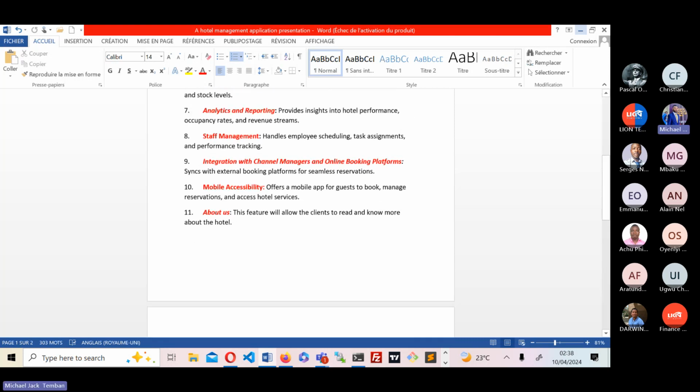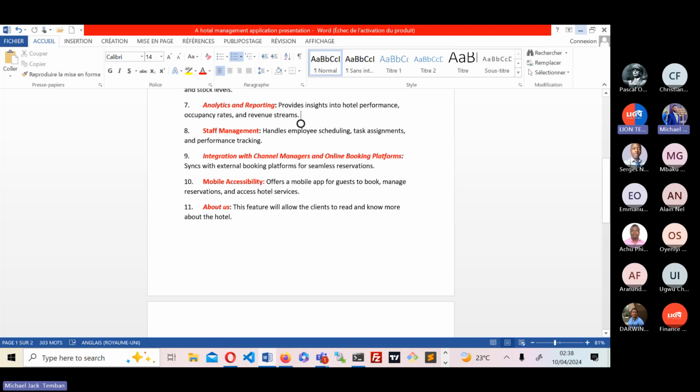So we can equally put features like mobile accessibility. Maybe under that, maybe we can put partners there. Yes, partners. So maybe you want to partner with other online platforms, like booking.com, airlines. Let's say maybe all the airlines coming into Cameroon can have this platform to advertise to their passengers, because of course when you are traveling to a country, probably what you need is information about available hotels.